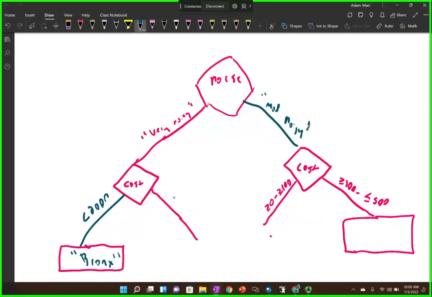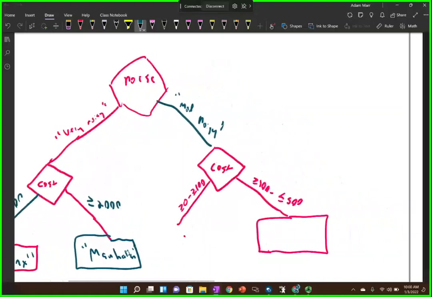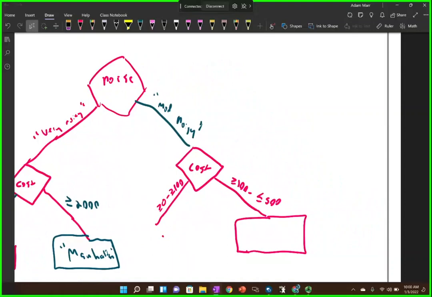And then right here, now I have greater than or equal to 2,000. Notice I made this nice and simple right here. And for very noisy, right here, I deemed that Manhattan. Again, this is kind of based on what we already had, or what you know. Then next right here, the other one, the moderately noisy, looks like it had, first of